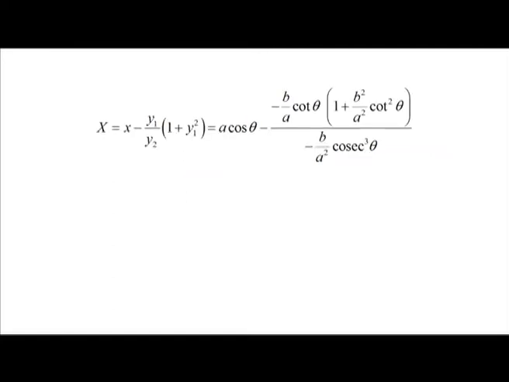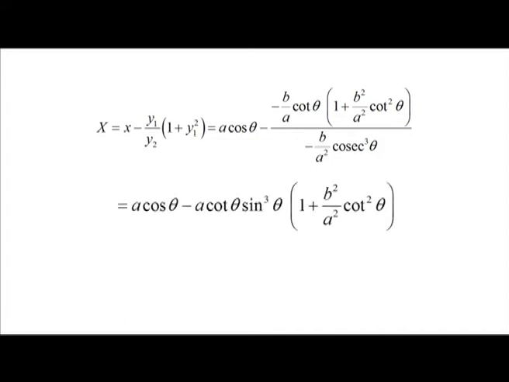Hence, uppercase X is equal to x minus y1 by y2 times 1 plus y1 square, which is equal to a cos theta minus b by a cot theta times 1 plus b square by a square cot square theta, all divided by minus b by a square cosec cube theta, which is equal to a cos theta minus a cot theta times sin cube theta times 1 plus b square by a square cot square theta, which is equal to a cos theta minus a cot theta sin cube theta minus b square by a cot cube theta sin cube theta